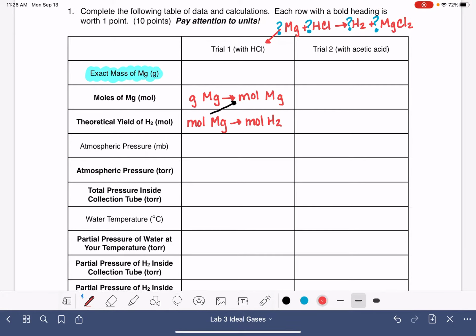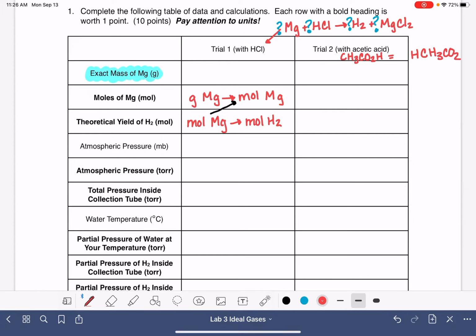And then for trial number 2, the calculations are going to be all exactly the same. When it comes to this part, you have to rewrite the equation using acetic acid instead of HCl. Acetic acid's formula is CH3CO2H. But in terms of correlating this to the magnesium and HCl equation, it's probably going to be easier if we think about acetic acid as